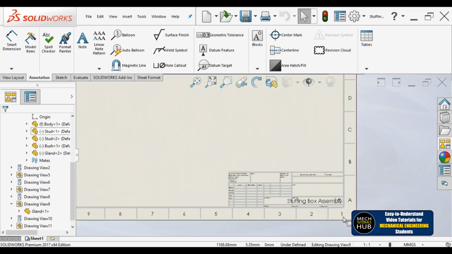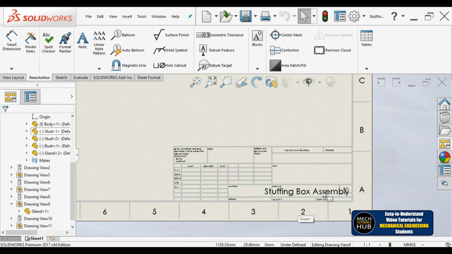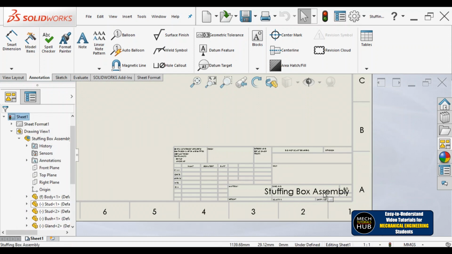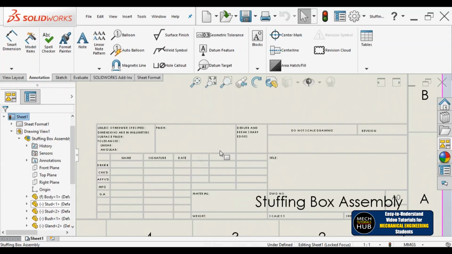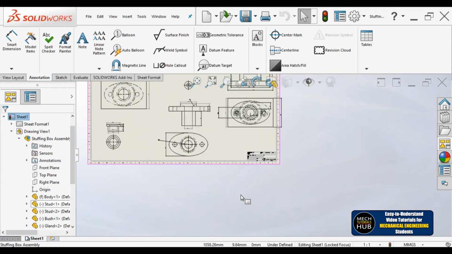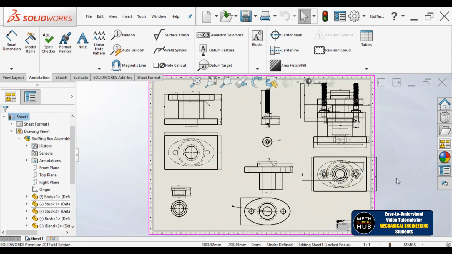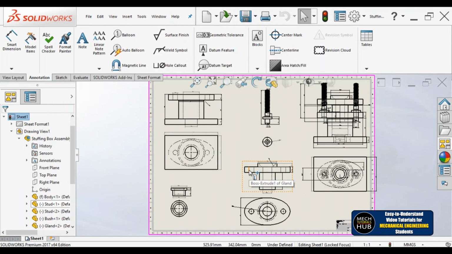Okay, you can keep it in 3D model also, and here whatever information I have given as stuffing box assembly, when I saved the complete assembly in the assembly module, the same name can be seen here. Okay, you can give whatever information you want here. This is all about production drawing practice, where you need to disassemble the given assembly into individual parts with all dimensions, tolerances and all. I'll show you in the next upcoming video how to give tolerance symbols, geometrical symbols, leader lines, and all other information also. Okay, and try to understand, production drawing is so simple, complete reverse to machine drawing.